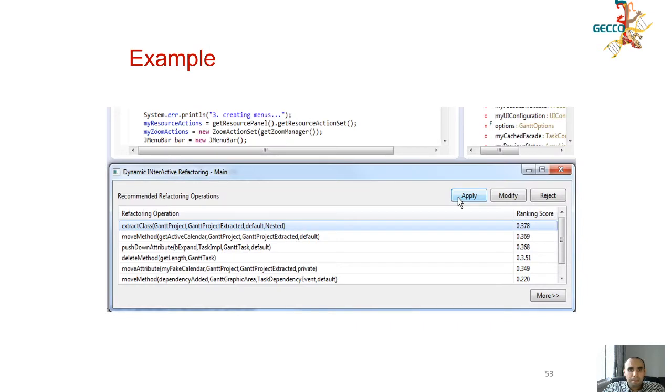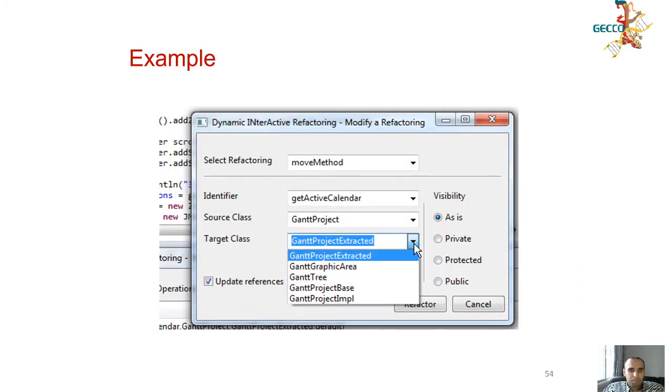So as an example, here we can show a list of refactoring operations that are recommended with the ranking score, so that the developer can go through the list and decide which of the refactoring operations he can apply. Then his decision could be either apply, modify, or reject. For example, he can select an operation to be modified, for example, move method. Then he can either change the source class, the target class, and make his refactoring decision. Then the decision will be recorded in a specific file, and it will be considered when the algorithm makes recommendations again